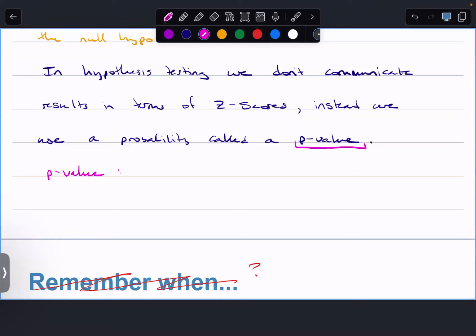The p-value is going to be the probability, because it is a probability, the probability of seeing, I'll do it specific to this one sample proportion type of question because we're just starting. And then later on, when we're ready, I'll introduce the general form. But the probability of seeing a sample proportion